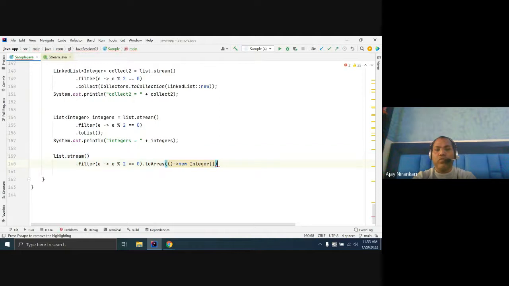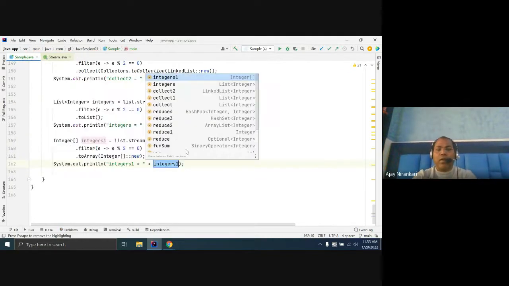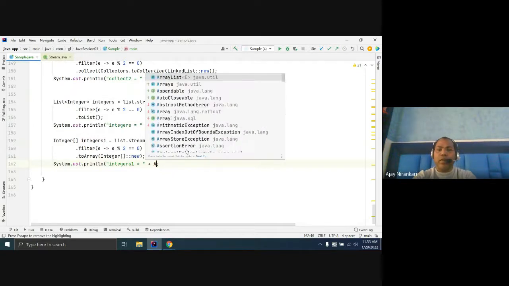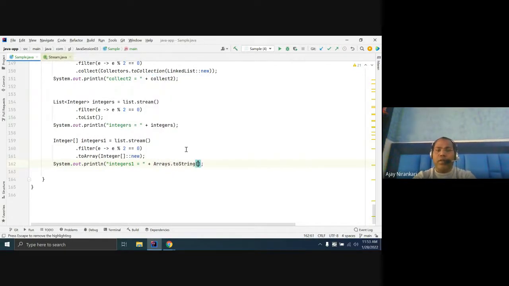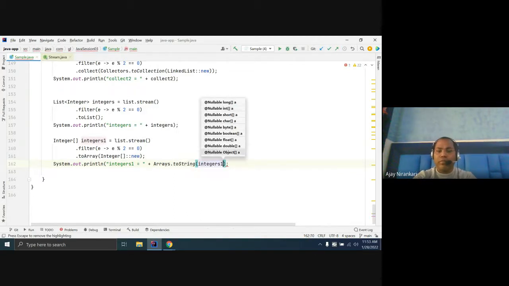These are a huge API set, offered version by version by Java. You can say Integer::new, a kind of array, and you can get the array of values. It's like just printing Arrays.toString and you can get the array of values.